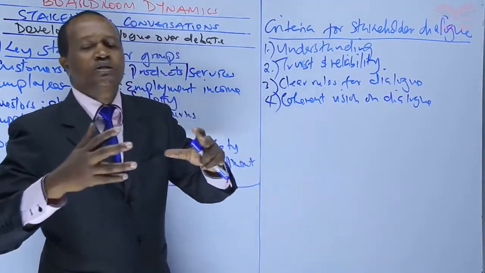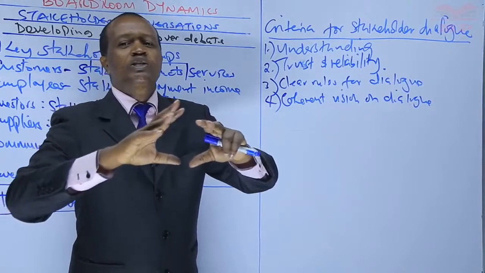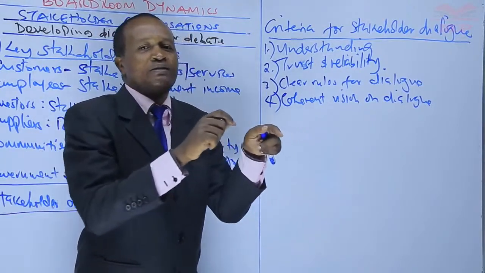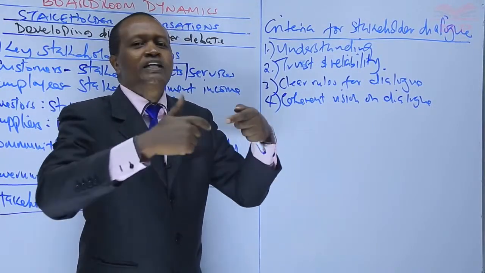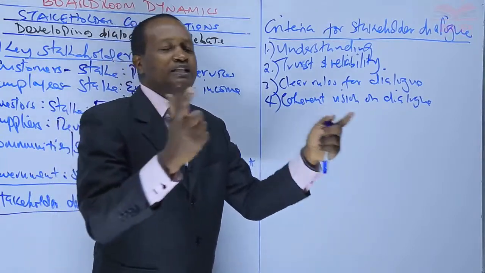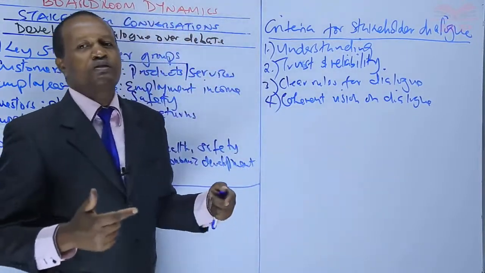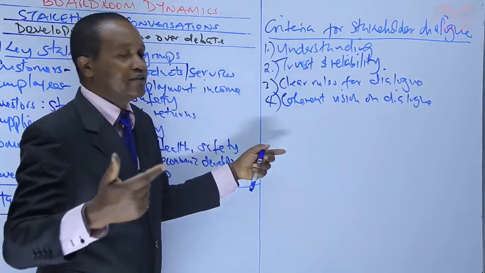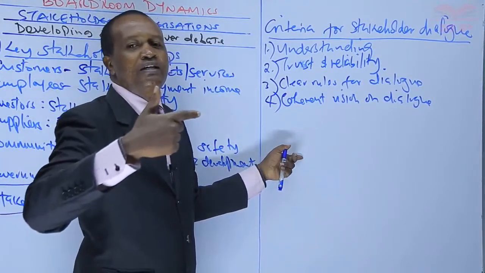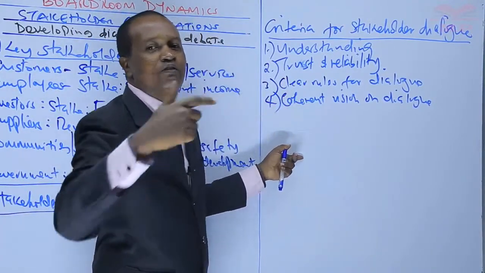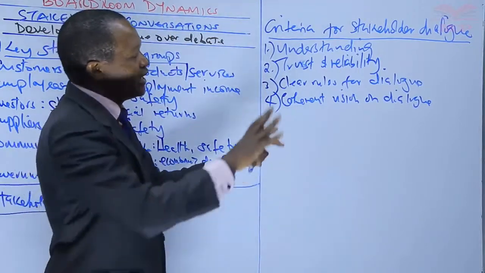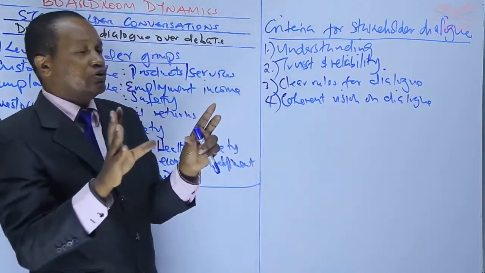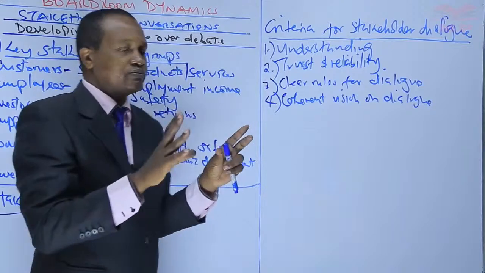So the company should guard against being too indiscriminate in that respect, and then create a balance between accepting invitations from stakeholders to attend meetings and alternatively personally inviting stakeholders for meetings. So there has to be a coherent vision on dialogue.